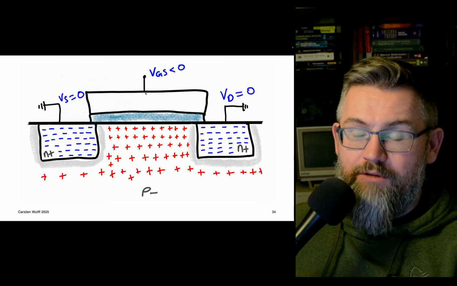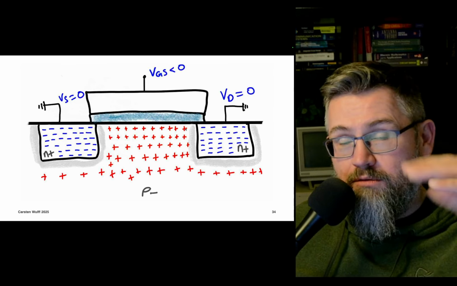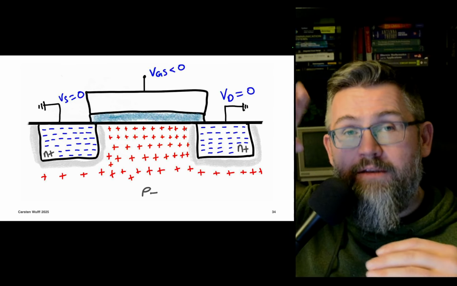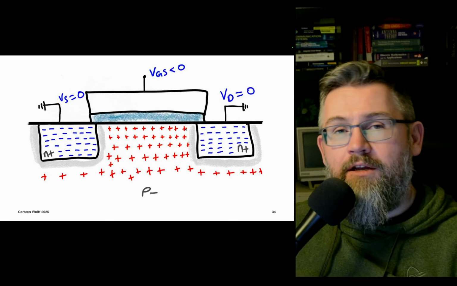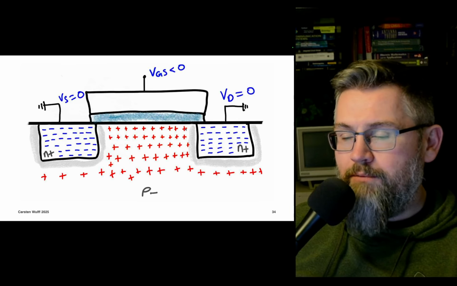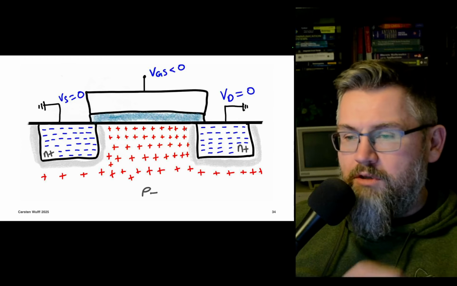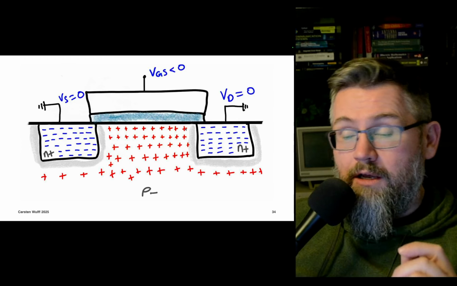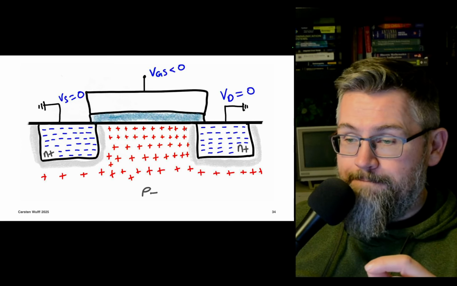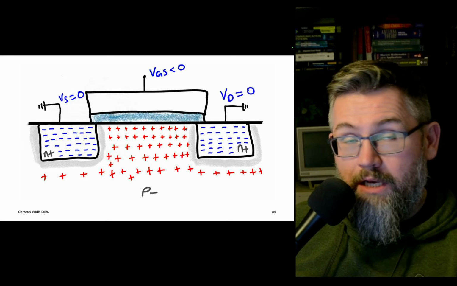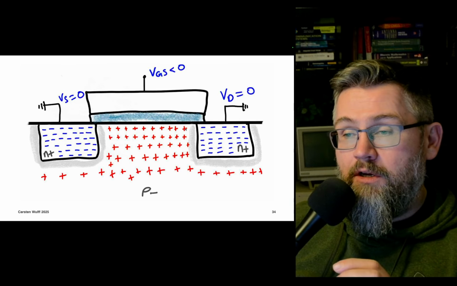And in that case, there can be an accumulation of holes actually close to the surface because you're bending the bands in the other direction, and you actually increase the number of holes in the valence band. Not that much, but it depends on the distance between the Fermi level and the valence band energy. But in this case, you can actually have quite a bit of capacitance between the gate